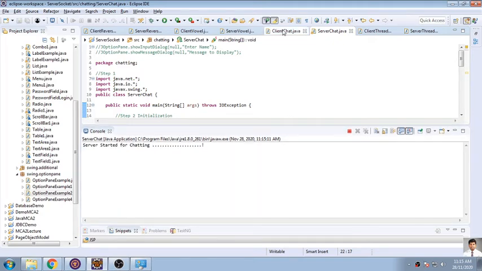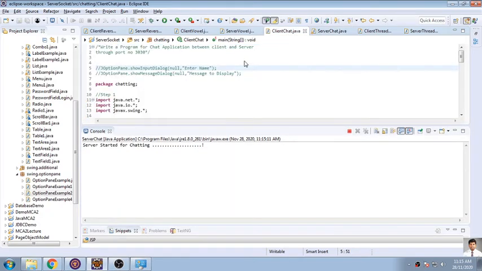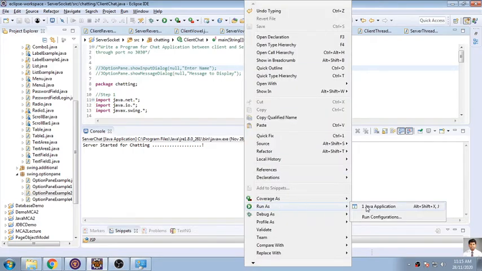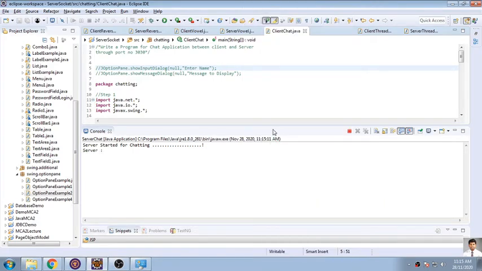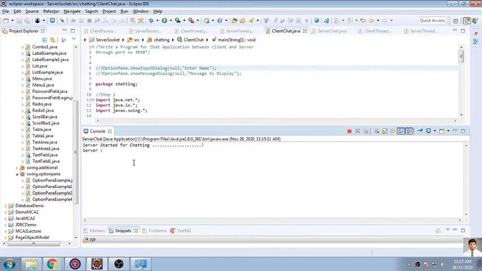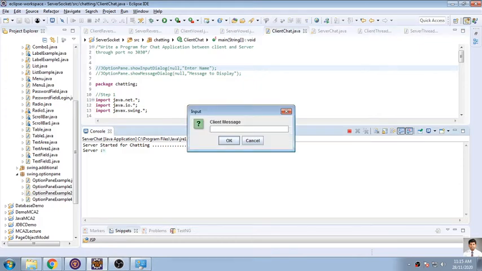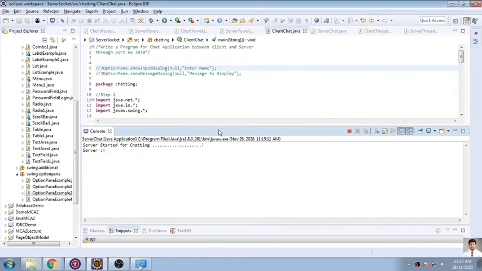So server started. Now I am running my client program over here. Okay, so two consoles are started. So I am saying hi. Okay, so see this client is open. I am saying hi. So the client message will be sent to the server.